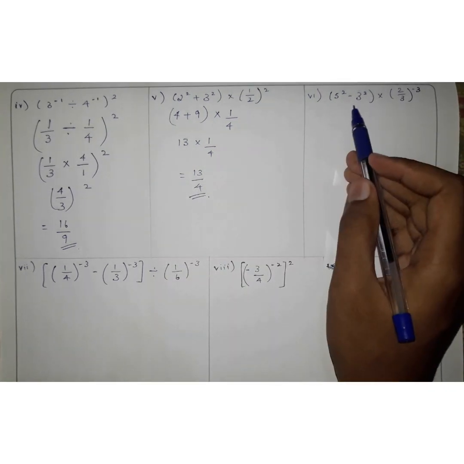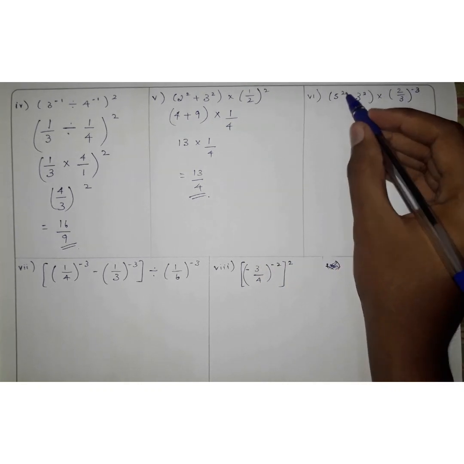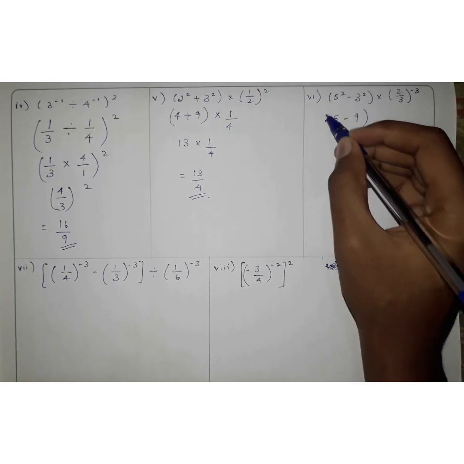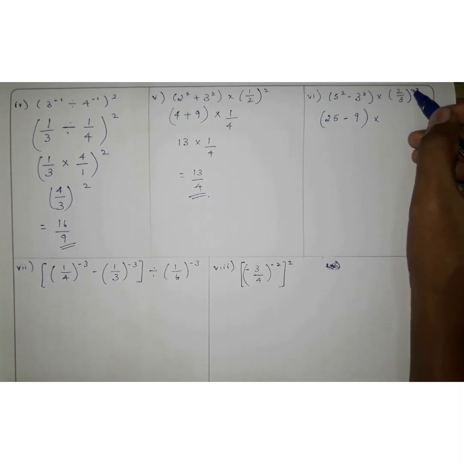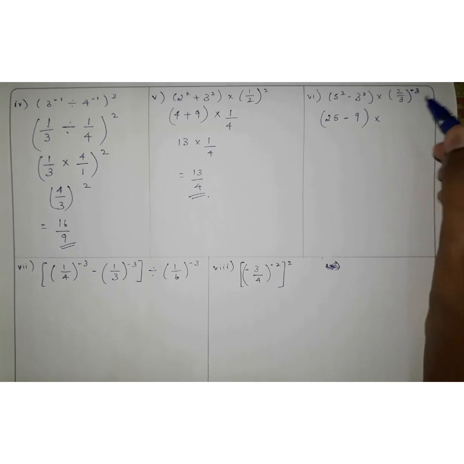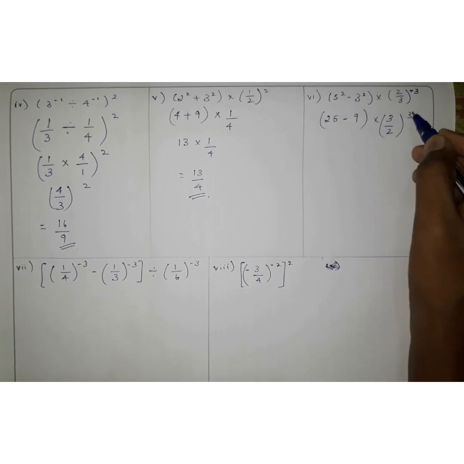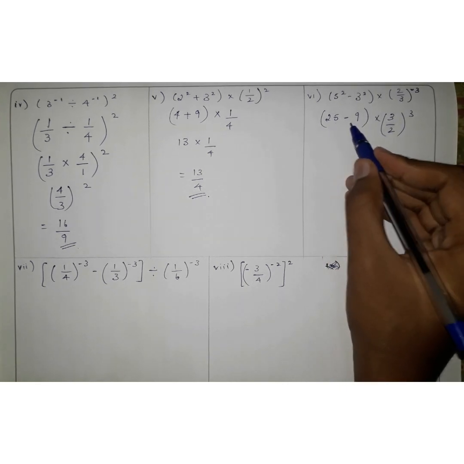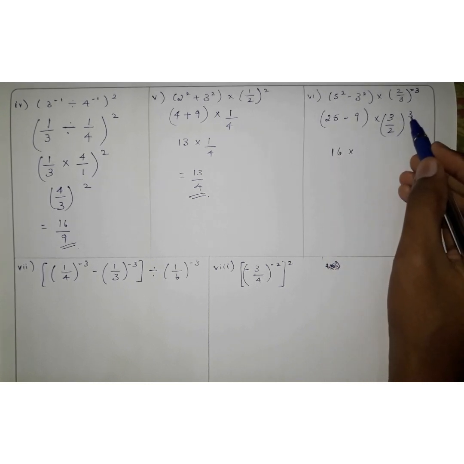Here, the same way as we solved the previous sum, first we are going to solve the inner terms. That is 5 square is nothing but 25 minus 3 square is nothing but 9 into, here the sign is negative. If you observe, the sign is negative over here. So what we'll do is first we'll reciprocal the term. 2 by 3 will become 3 by 2 whole to the power 3 now, and the negative sign will be gone away. Now 25 minus 9 is nothing but 16 into 3 by 2 the whole cube is nothing but